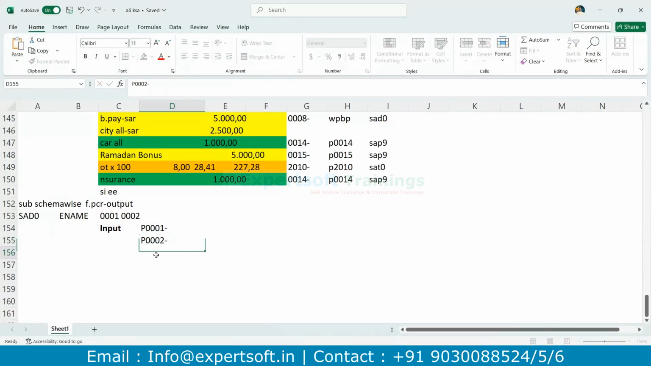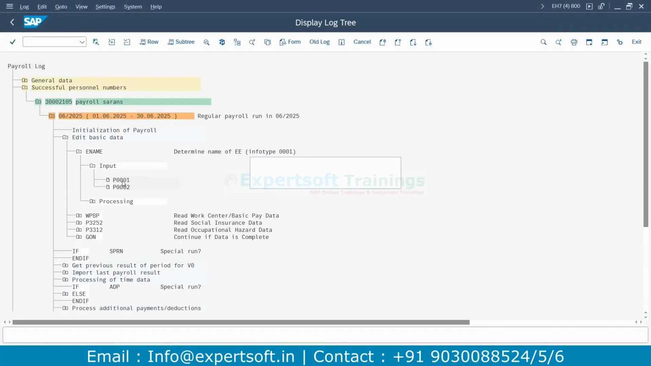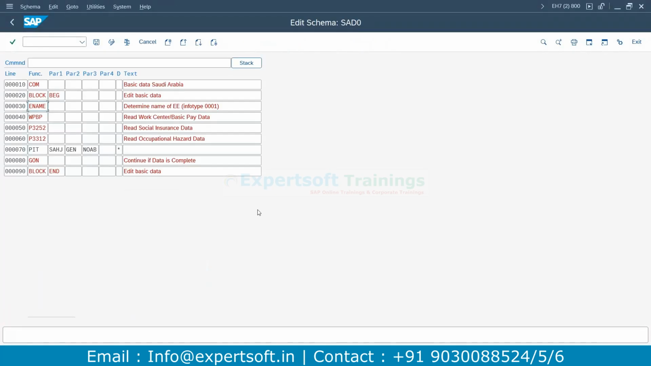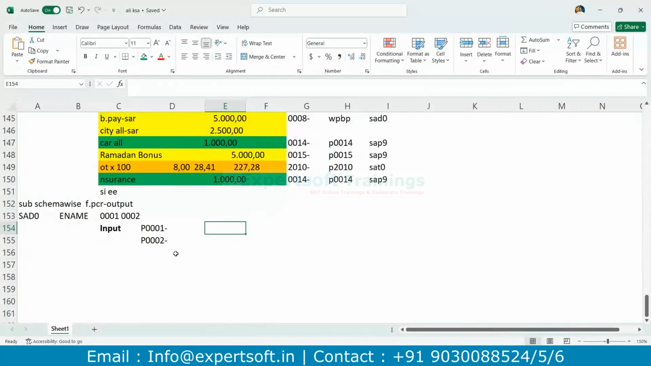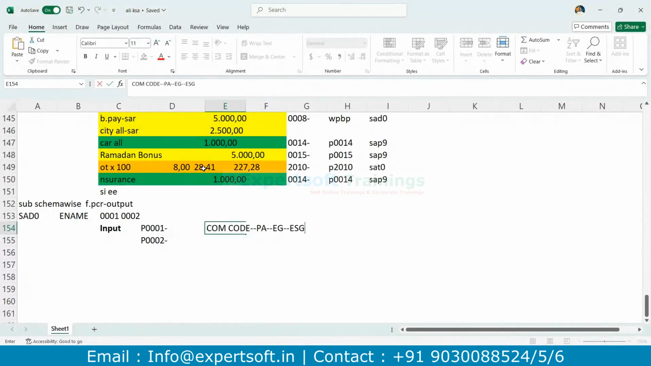Before the info type, if you put P, technically that will become a table. Table is nothing but an info type. What is it reading? Now this will come, 001 info type. What is there in 001? Input data P001, it is reading company code, personal area. I will write down here. It will read company code, personal area, employee group, employee subgroup, payroll area, first name,